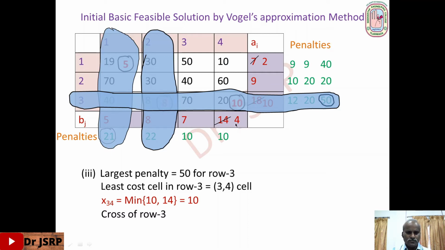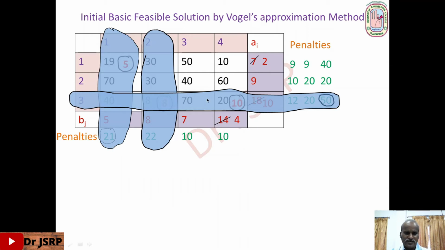Okay. Now the resulting transportation table is only these 4 cells. So here a row is eliminated. So that means column penalties may change. Row penalties remain the same in the next step. So calculate column penalties. Here least cost 40, next least 50, so difference 10. Here 10, 60, so difference 50. So now the penalties are 10, 50, 20, 40. Among these, the largest penalty is 50 for column 4.